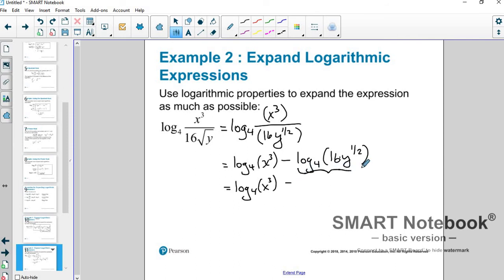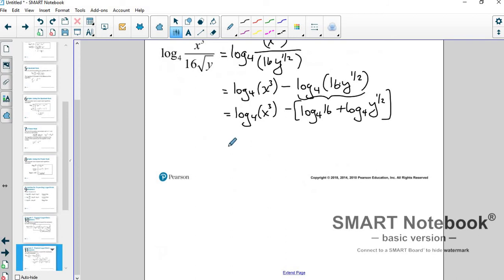And if this is what I'm subtracting, then I have to subtract the entire sum: log base 4 of 16 plus log base 4 of y to the 1/2. The grouping is necessary here. And then we can bring down the powers: 3 log base 4 of x. I'm going to distribute the negative, subtracting log base 4 of 16, and then minus, bring down the 1/2, log